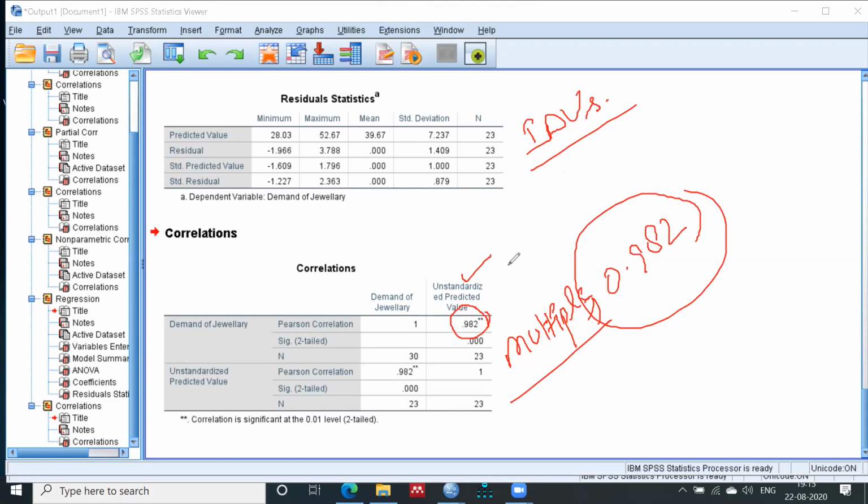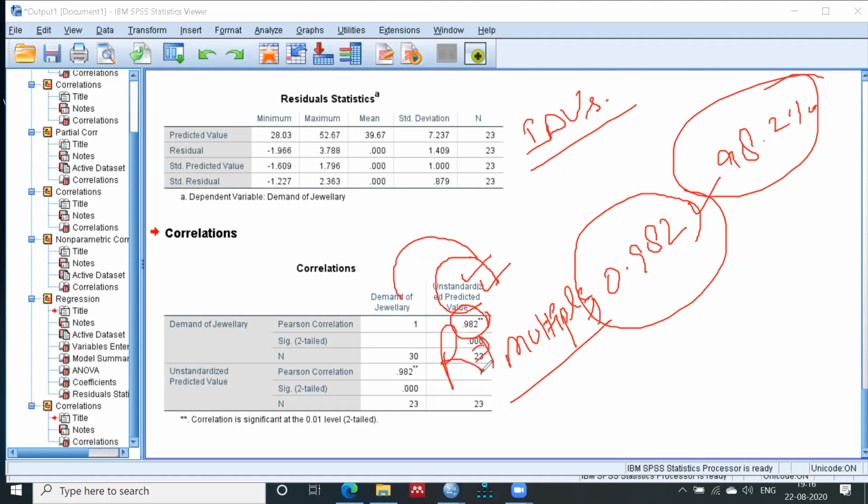Then with the help of the unstandardized value, we calculate the correlation between unstandardized and actual demand. So we got 98.2%, right? And if you make a square of this value, this is what? This is your capital R, as I told you, right? This is my capital R.